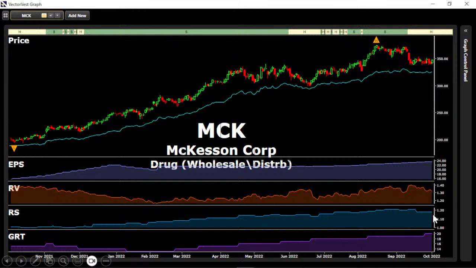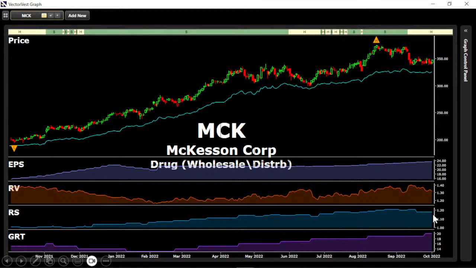So now what I want to do, is everybody with me on determining through VectorVest's fundamental analysis whether this stock is suitable for a long-term portfolio and a longer-term investment? Very, very simple. I know that I could buy McKesson Corp and feel pretty comfortable that they'll continue to grow as a company, because that's all they've done. Hard right edge is October of 2022. Let's pay attention to the hard right edge now.